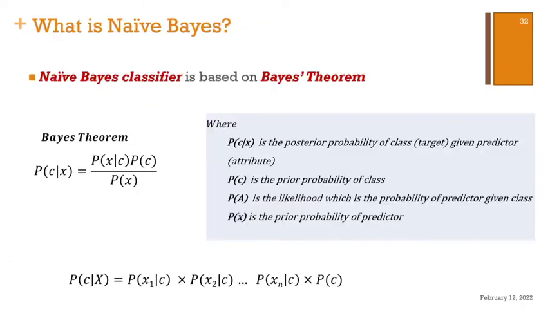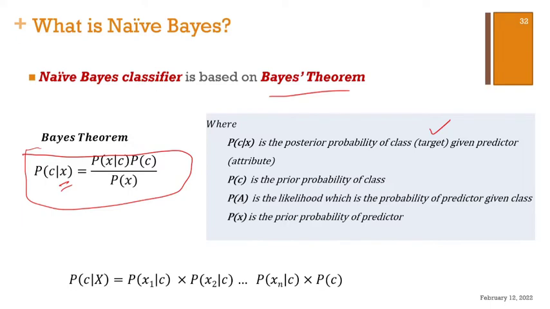Now, moving further with Naïve Bayes, we mentioned earlier that it's based on Bayes' theorem. And what is Bayes' theorem? This is the Bayes' theorem, which tells us that the posterior probability of a class, the target class we want to predict, given the predictor attributes, is given by this formula, which has P of X given C,